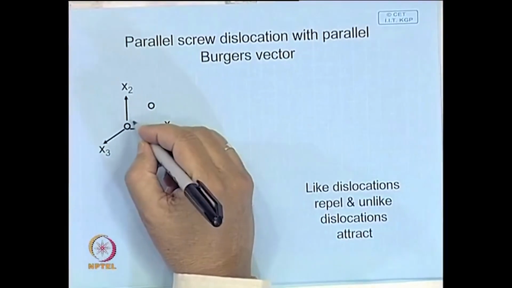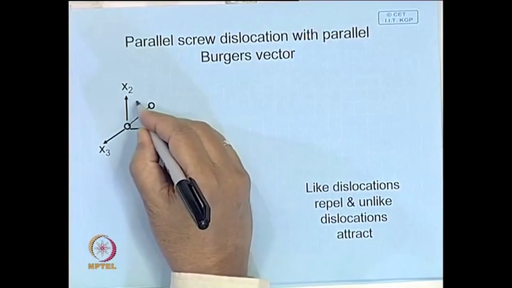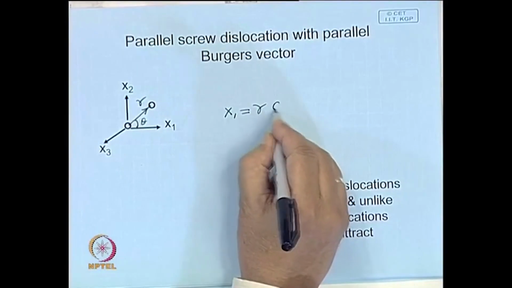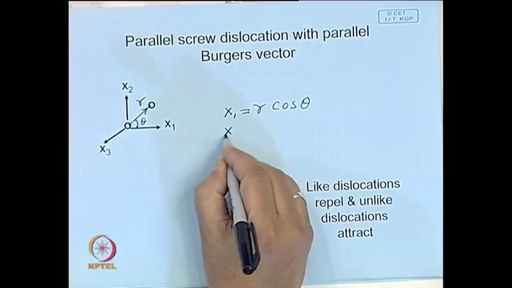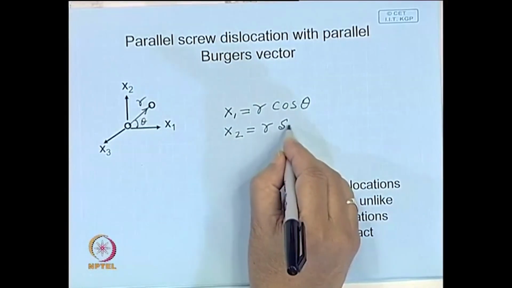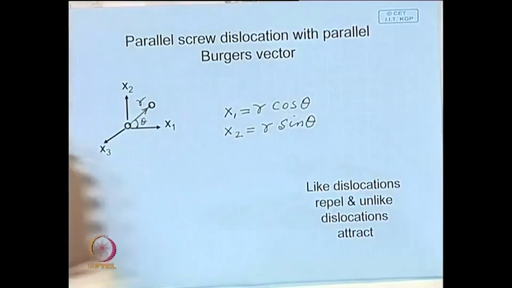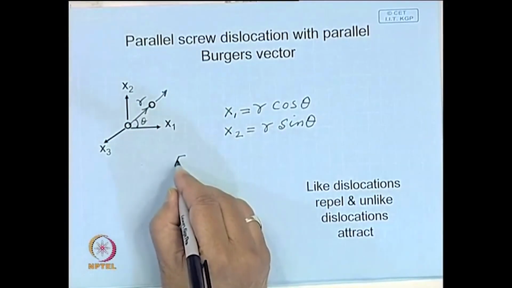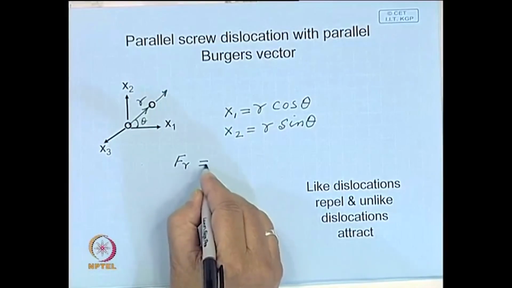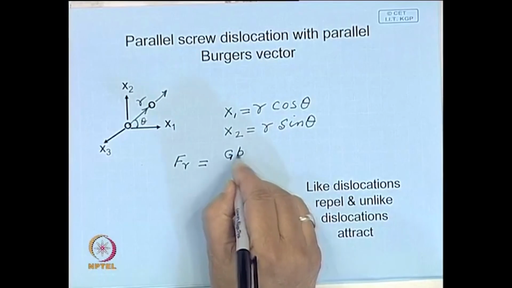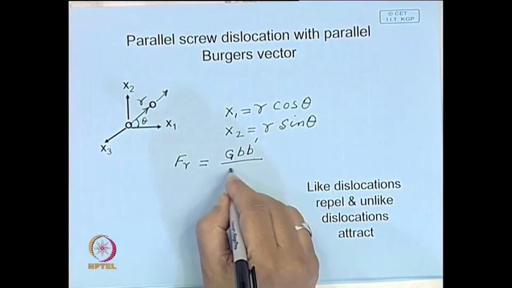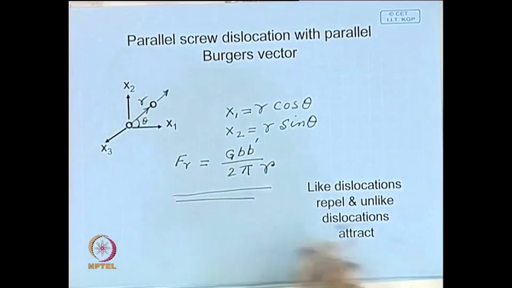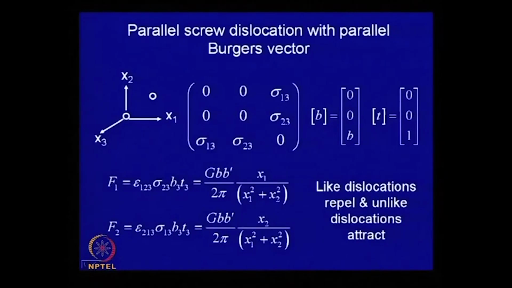Say if we say that this distance is r, this angle is theta, then you just substitute x1 equal to r cos theta, x2 equal to r sin theta. If you substitute that, you will find that the force along the radial direction, this is the only existing force, this will be G b b prime over 2 pi r. So, this expression is so simple, and what it shows is that if the dislocations are alike,